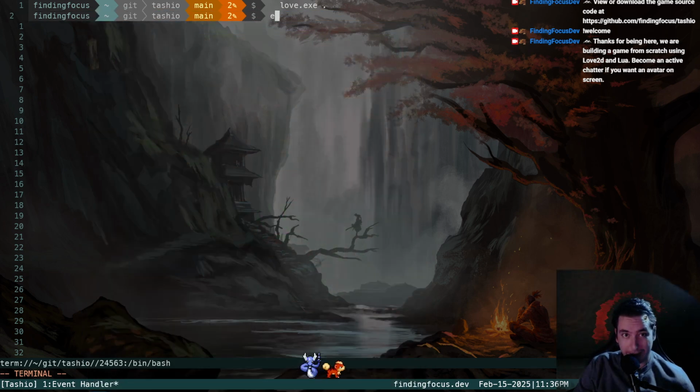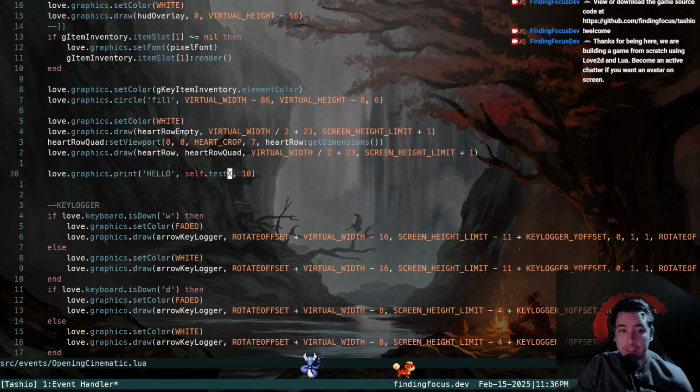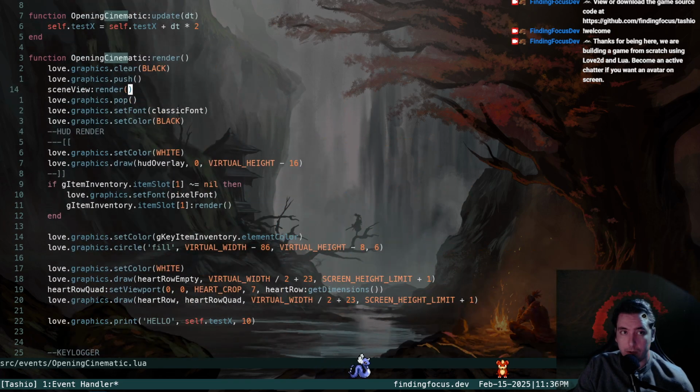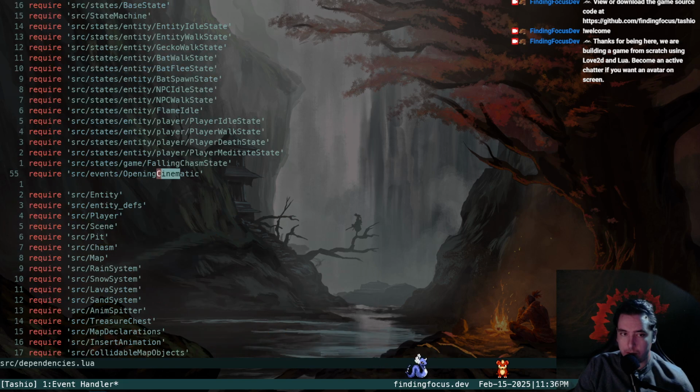So we can do like an opening cinematic where the input for your keys doesn't move your player character, but your player character will play out a scripted event here. So I think the move is we want to test a couple more things, right? Like we want to test